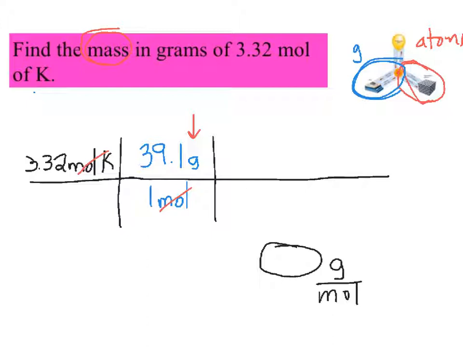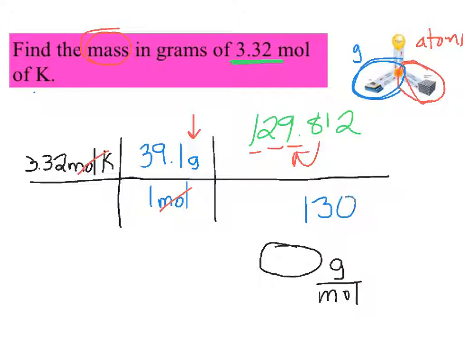The answer I get is going to be 129.812. Now, what does sig fig say? Sig fig says that we were given a measurement of 3.32 moles, which had 3 sig figs. So I just need 1, 2, 3. The 8 is going to round that 9. And so overall, my final answer should be